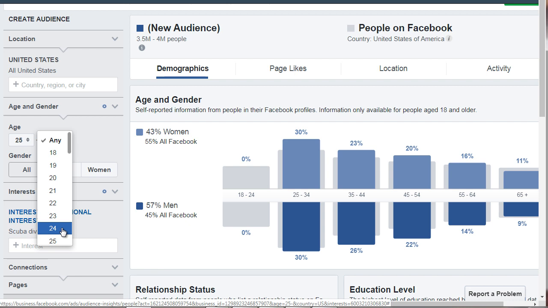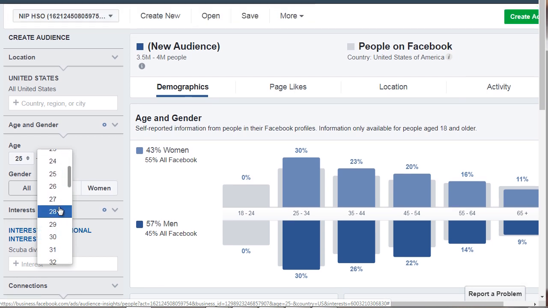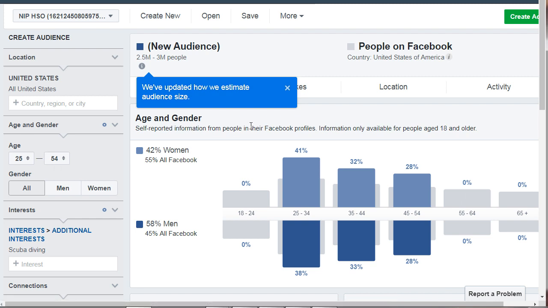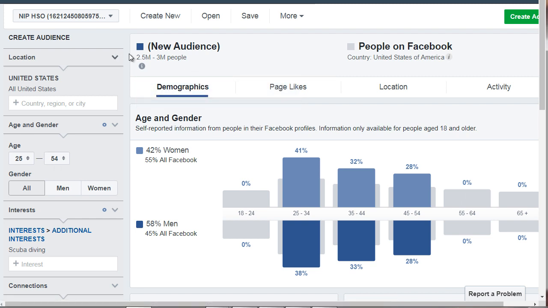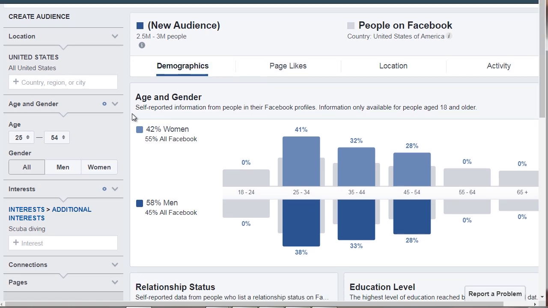And let's end it at 54. And now we have about 2.5 to about 3 million. So let's click on page likes.